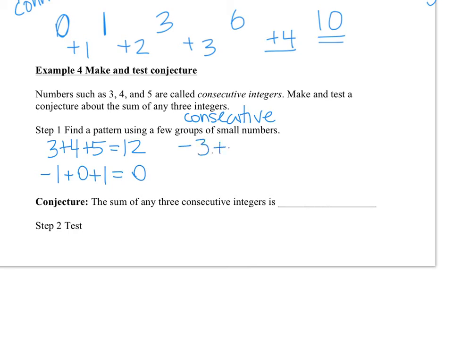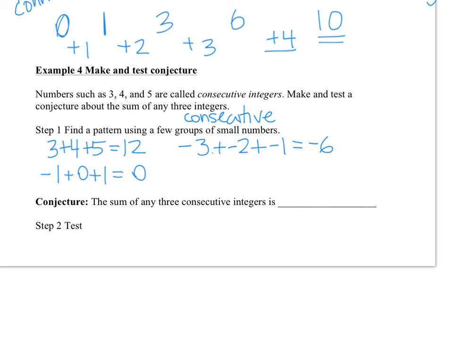-3, 2, and 1. It's -6. So to make a conjecture, you need to look and see if you can notice some kind of pattern that's